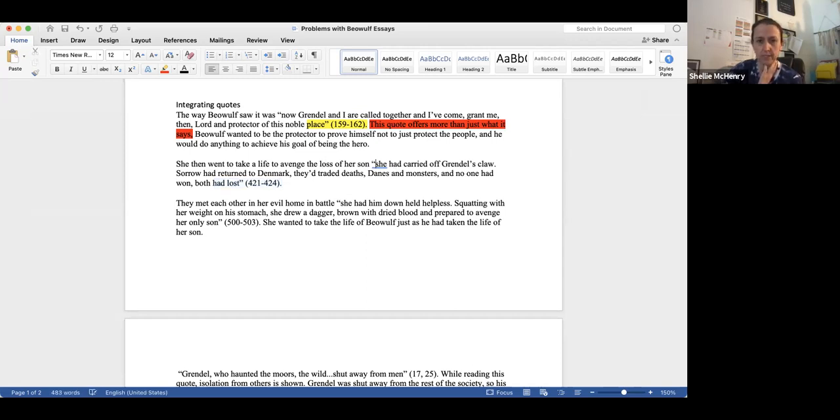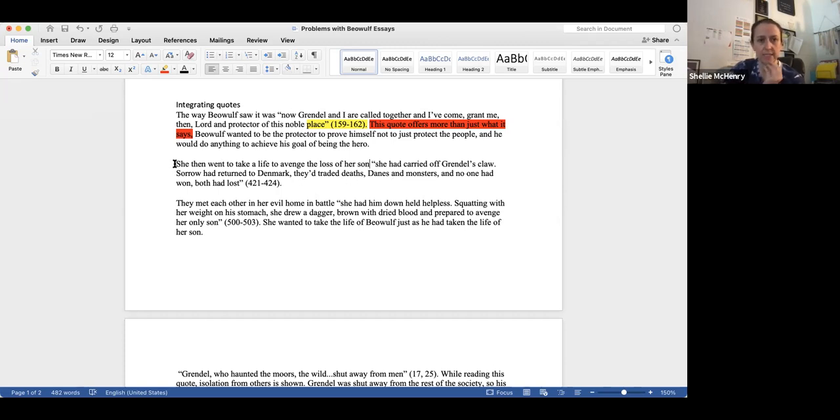Let me get rid of that space. She went to take a life to avenge for the loss of her son. There's nothing to transition to this quote. So what we've done is we've actually created a run-on sentence here. There's no quote integration. This is a complete sentence. This is a complete sentence. So we need work. So the way that I would revise this to make it an integrated quote is maybe